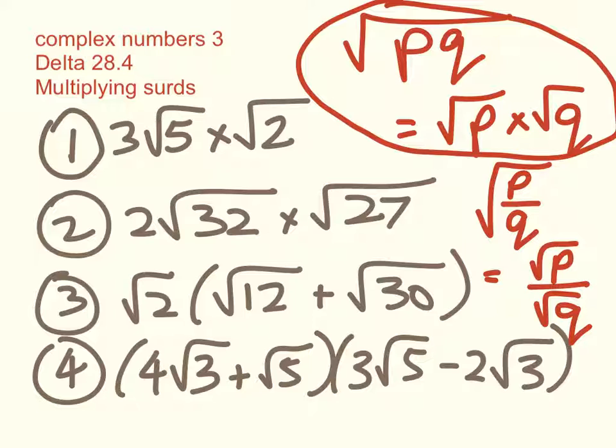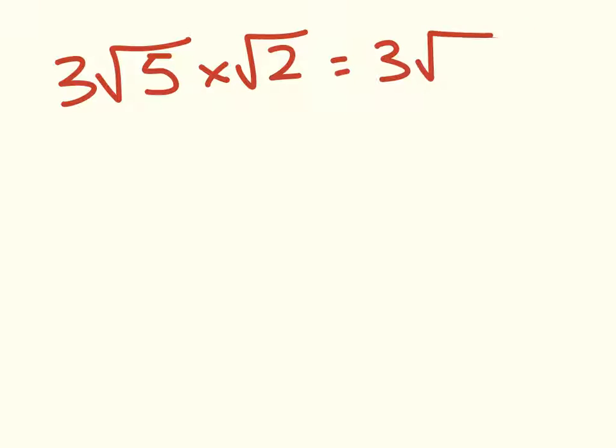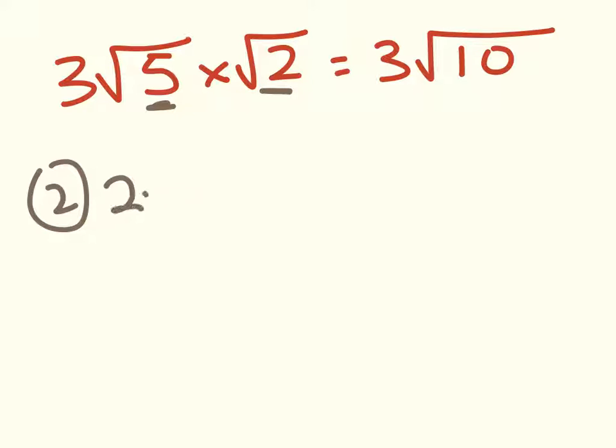So on to number 1. 3 root 5 times root 2 is just equal to 3 times the square root of 10. Okay, so I just multiply the 5 and the 2 together. Number 2 is similar,